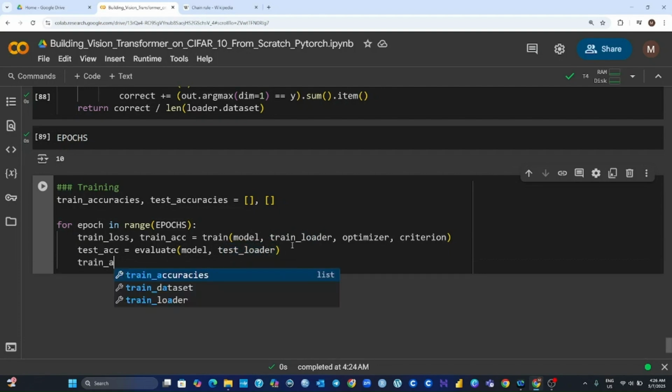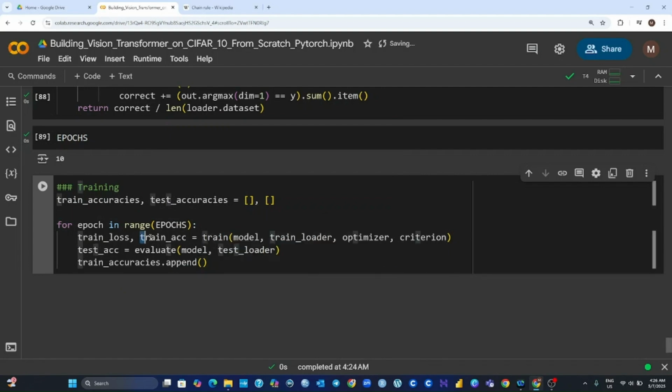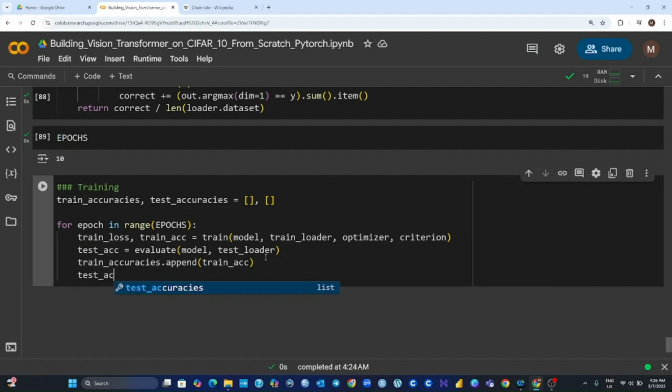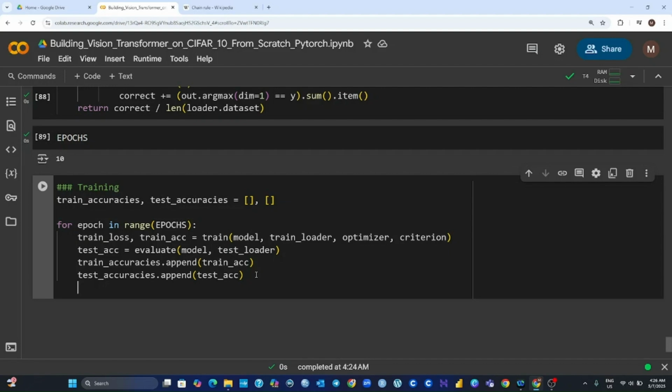And then we will append in the train_accuracies list by using .append. We're going to append our train accuracy, which is this variable. So pass train_accuracy and append it to the train_accuracies list. And the same thing goes for the test accuracies. test_accuracies.append, we will append our test_accuracy variable, which is this. So in each loop or in each epoch, we will log the accuracy of the training and the accuracy for the testing. The next step, we finally have to print epoch as epoch plus 1 out of the total number